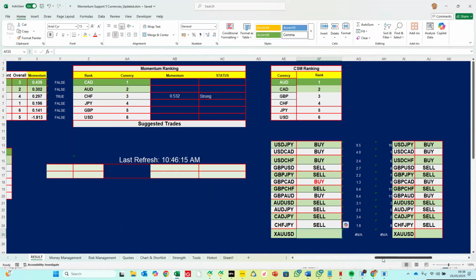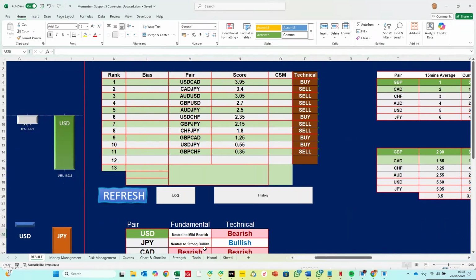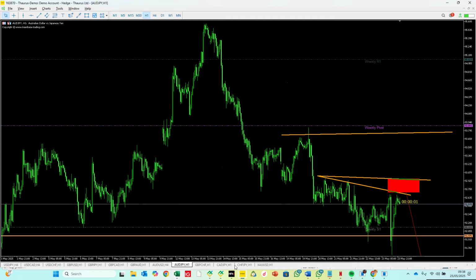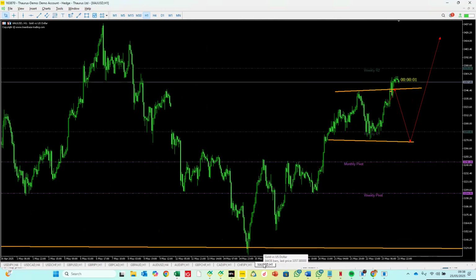Last but not the least is gold. So now let's go to gold and look at what we'll expect. Gold is usually inversely correlated to USD. Not all the time though, but most times it's usually inversely correlated to USD. So in the course of the week, I was expecting price to get here and then sell off. So it just broke out a little, which is what we call the expanded flat correction of the running flat,